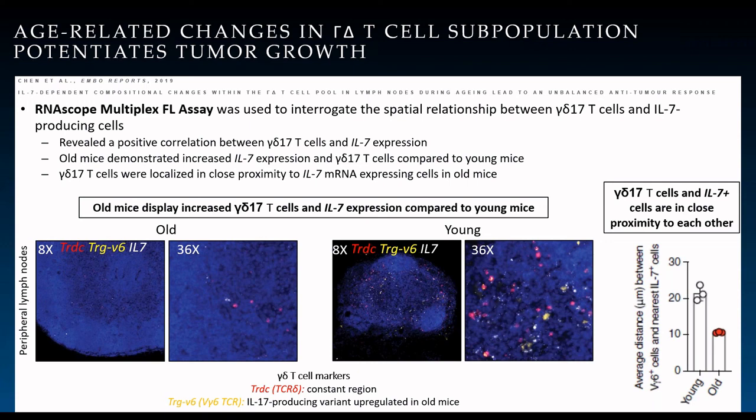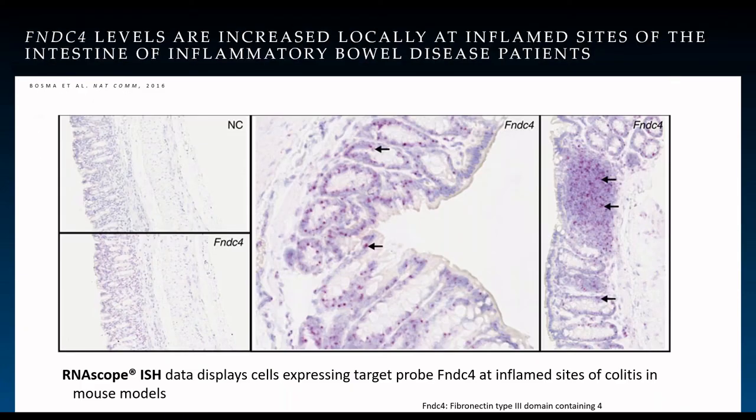Using the RNAscope multiplex fluorescent assay, they were able to study these cell populations and also identify a set of stromal cell populations that produced IL-7, thereby promoting the growth of IL-17 producing gamma delta T cells. So here they have looked at the expression of gamma delta T cells in younger and older mice, and you can see an increased expression of IL-17 producing gamma delta T cells in the older population compared to the younger population. So here they were able to successfully show the expression of soluble cytokines such as IL-17 and IL-7 using